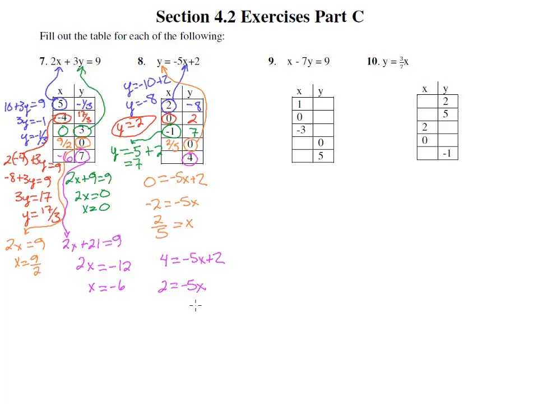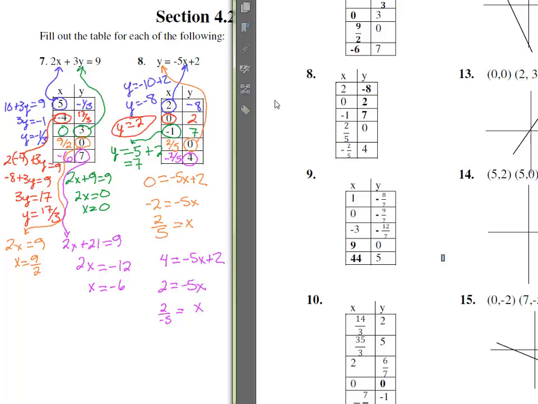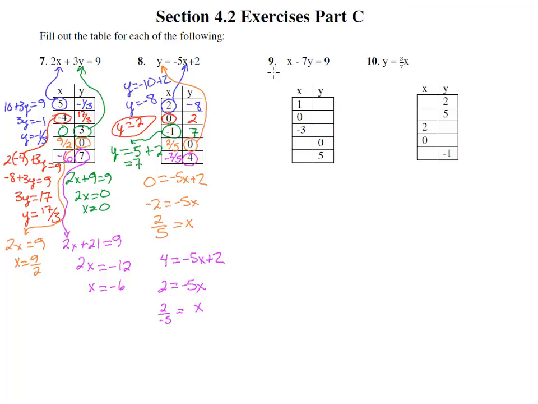And divide by a negative 5. We get x equals 2 over negative 5, or negative 2/5. Well, that's kind of interesting, 2/5 and negative 2/5. Let's check our answer. And there we have 2, negative 8, 0, 2, negative 1, 7, 2/5, 0, negative 2/5, 4. Excellent. Number 9. Here we're going to stick 1 in for the x, and we get 1 minus 7y equals